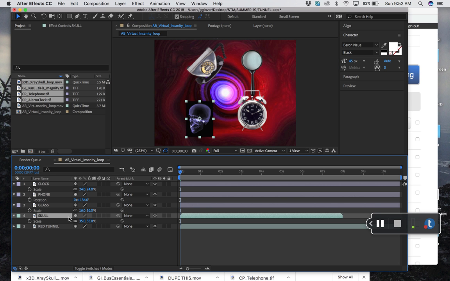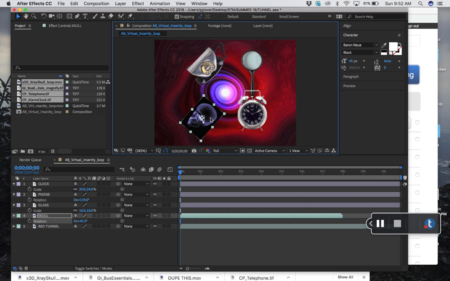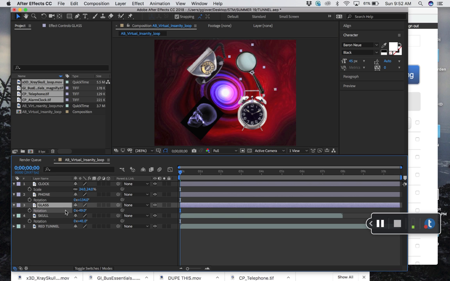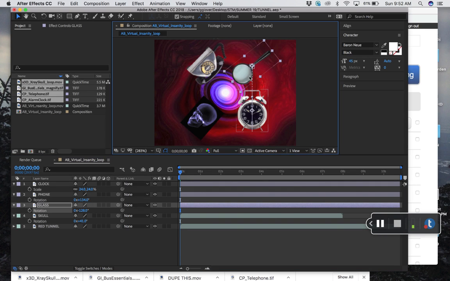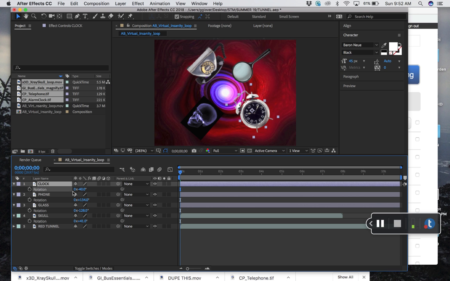I want to take the skull and rotate it so that the top of the head is facing the middle, like that. And take the magnifying glass and hit R for rotate. Rotate that so it's like the skull, the top of it's in the middle, and then move its position back out here. But that snapping is really aggravating. And then the clock, hit R for rotate, and rotate the clock so the top is that way. So that's pretty good. All right, I'm going to pause here for a minute and then pick it up in the next